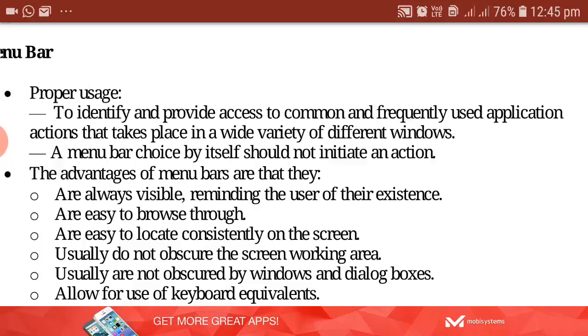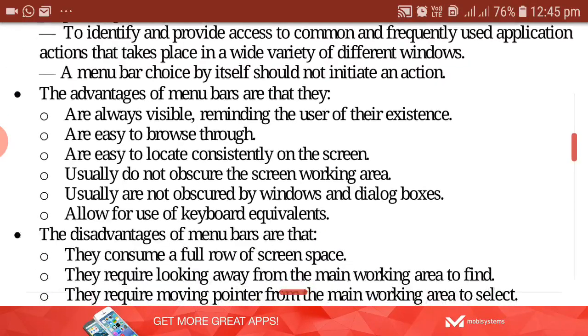So, advantages of the menu bar: what all advantages is it going to provide? Menu bars you already know, because in whichever file we open, whichever application opens, almost all applications will have one or the other menu bar. So at least one menu bar will always be displayed. So what are the advantages of the menu bar?